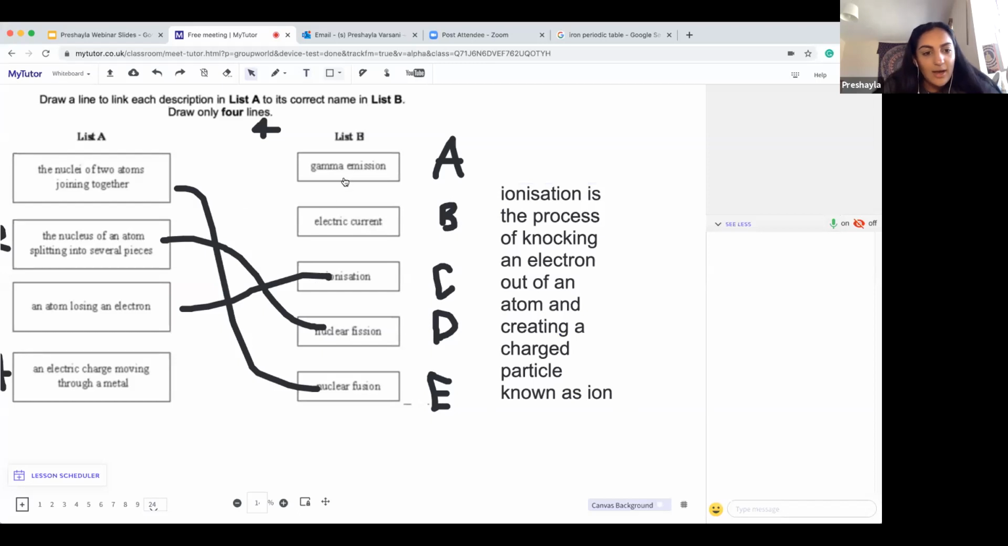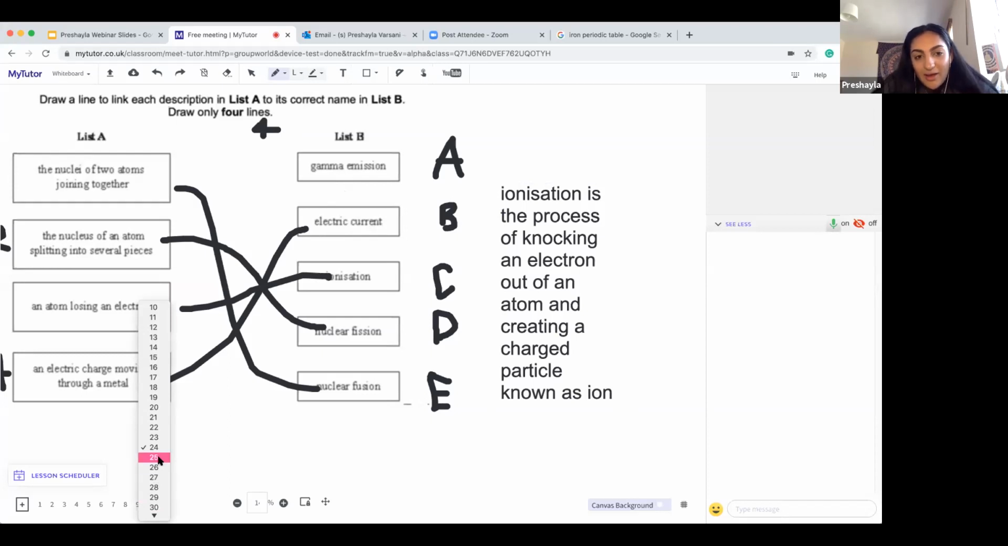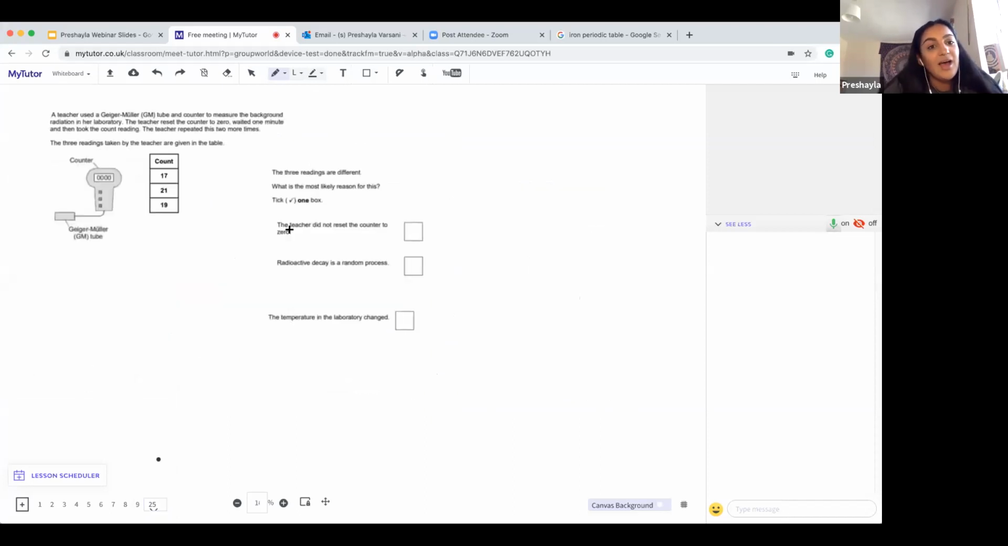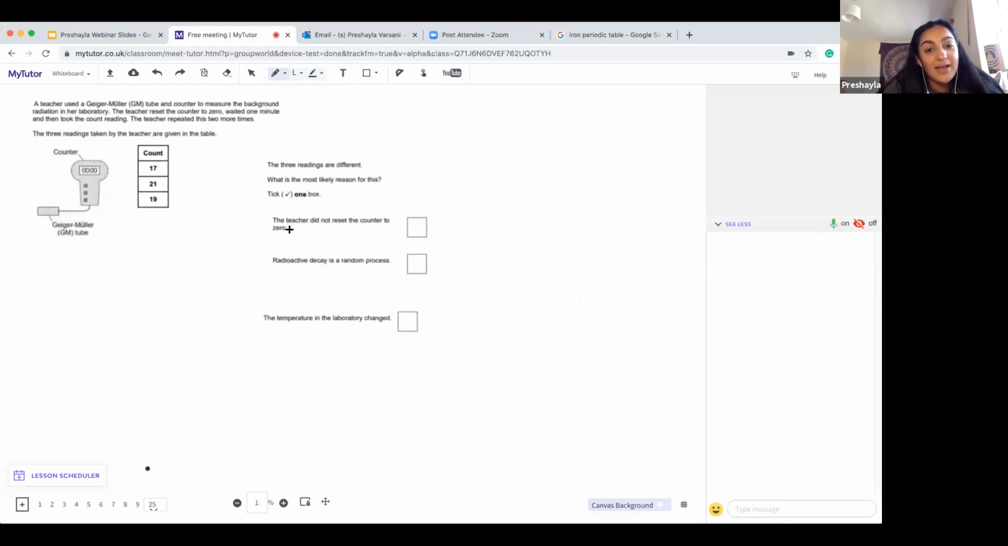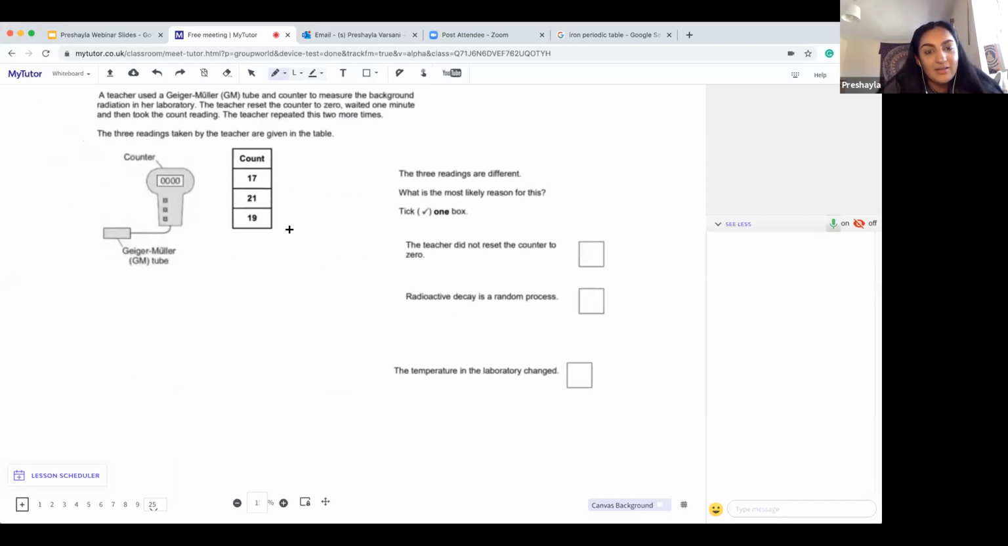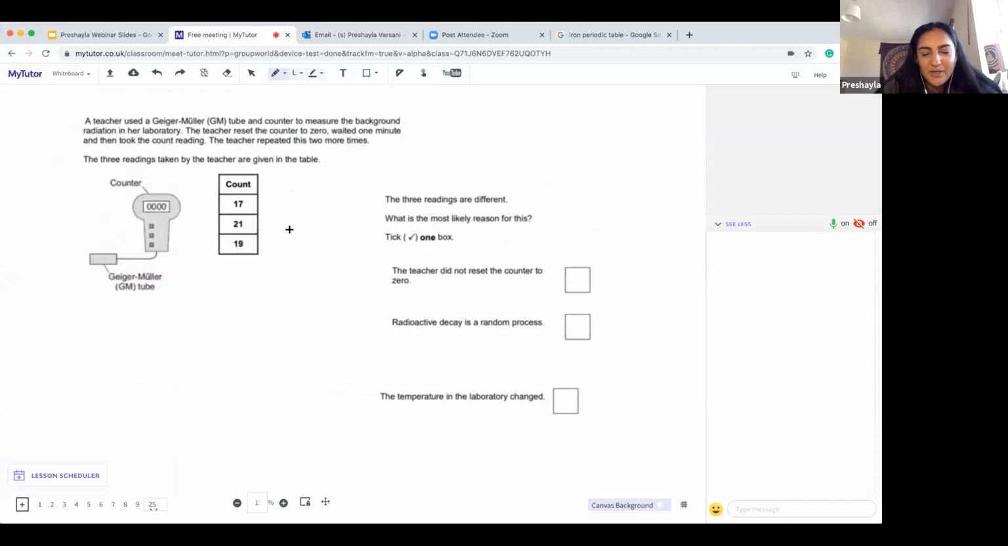Okay. And finally, an electric charge moving through a metal. Well, the flow of charge is current. So one that they've kind of thrown in there to throw you off a bit, but that one would be electric current. Nothing really to do with nuclear physics, taking knowledge from another area of your specification and applying it. It doesn't happen often, but it can happen, and you need to be aware of the fact that